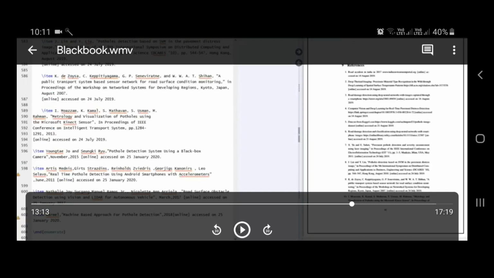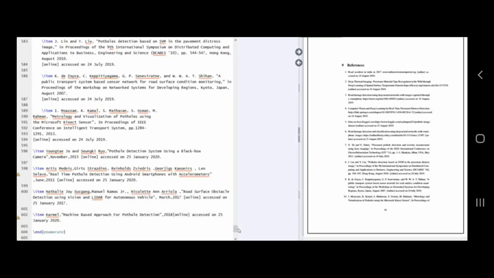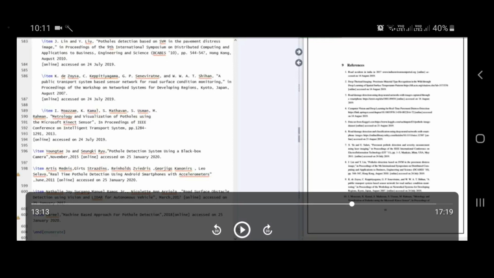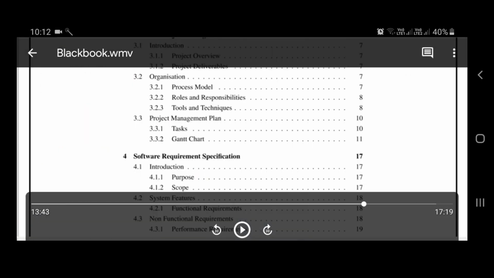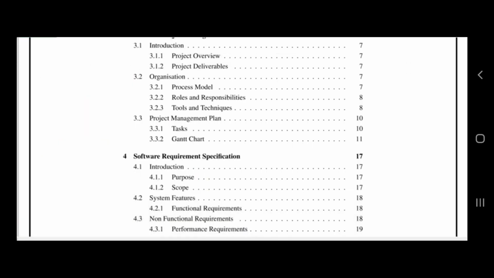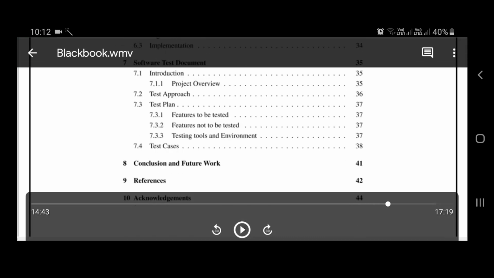So let's see if anything more is remaining. This is again like \item, as I told you. In references, all of your references are kind of items 1, 2, 3, 4, 5, 6, 7, 8, 9. So again what you have to do is \begin{enumerate}, put the \item, and then you can add another \item. So in that way, just put it in an ordered way. Anything more? This is a kind of slow trip we can take over here, to understand.